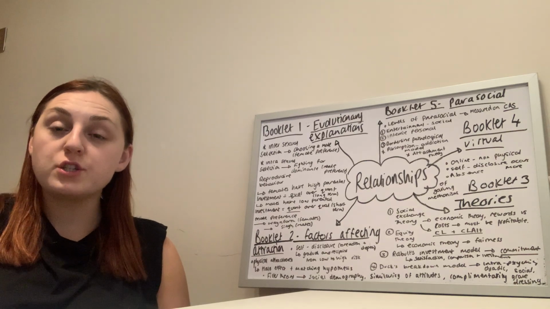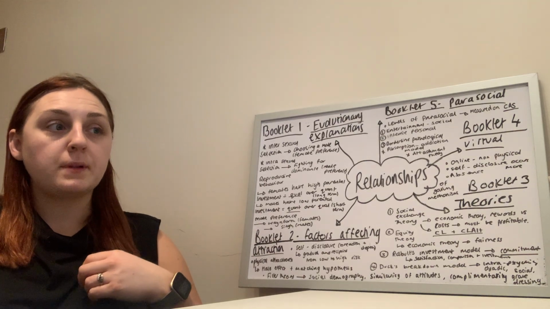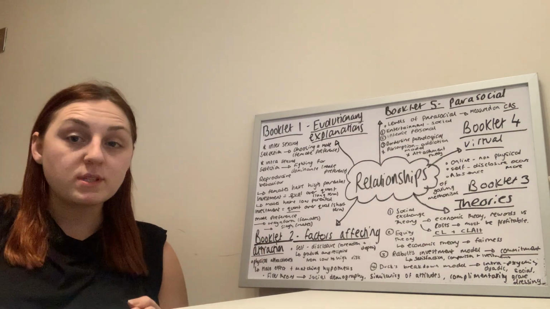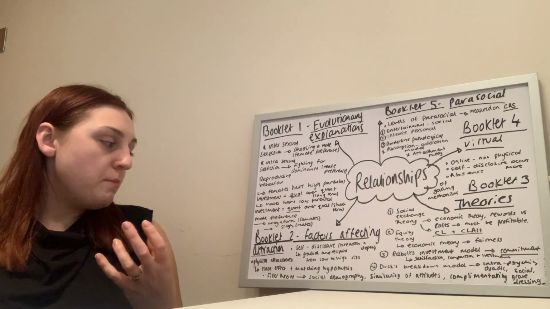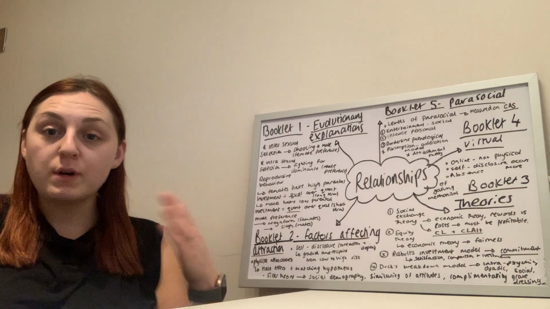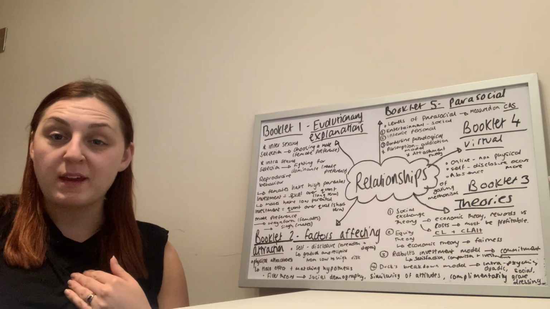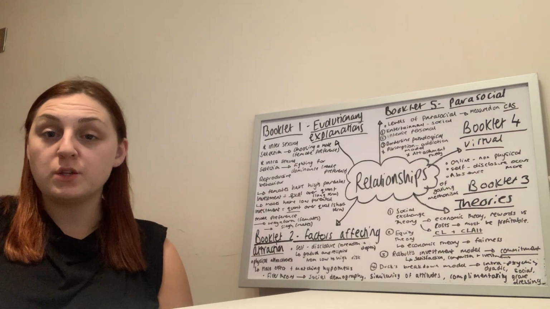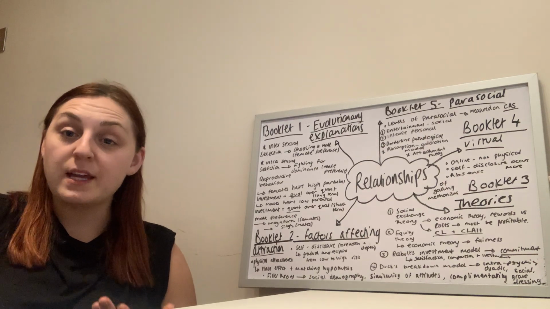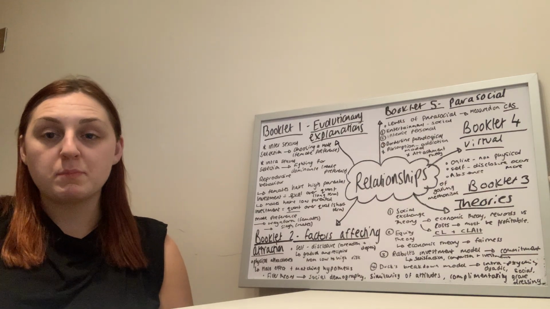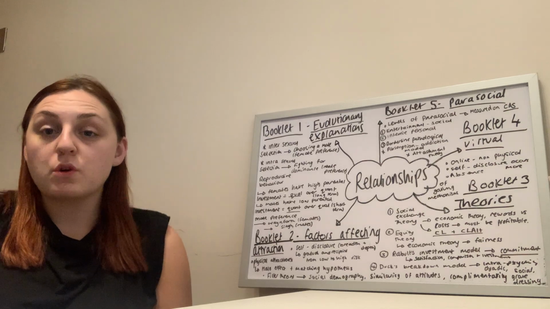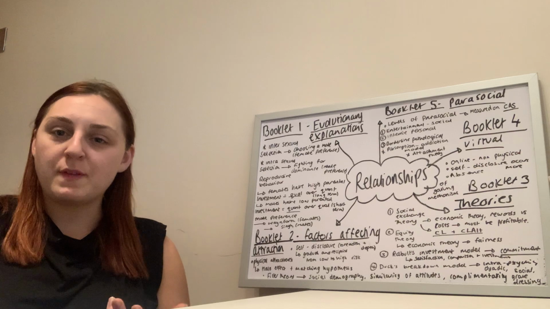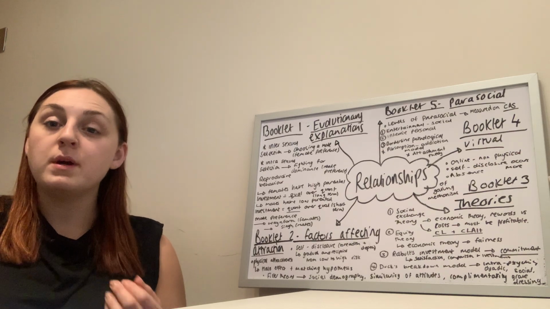In order for attraction to be built, you need to be able to share information with somebody over time, getting more and more deep, more and more sensitive. But that needs to be reciprocated back. You can't be sharing all this information and getting nothing in return. It needs to feel like you are both comfortable to do the self-disclosure, because that is a sign of trust. And if we build trust with somebody, that helps develop intimacy, which ultimately will make us more attracted to the person, because we feel like we're developing this special bond and that we're getting to know them on a more